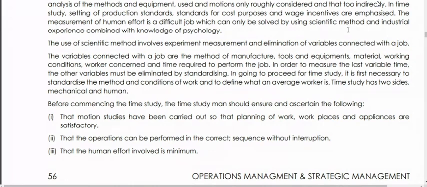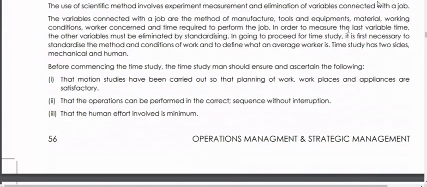When I move my body, it does not mean that every movement is causing production. So I have to discount the time that an individual takes in case of fatigue, idle time, or sickness. So all these are included when I talk about my time study.